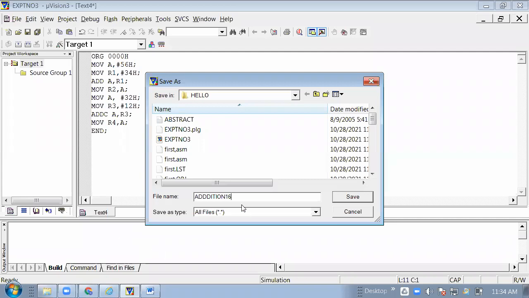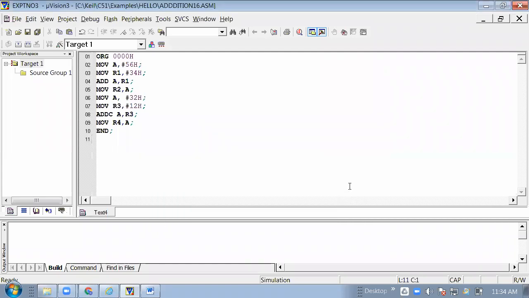Then give the extension .asm. Okay. Then save.